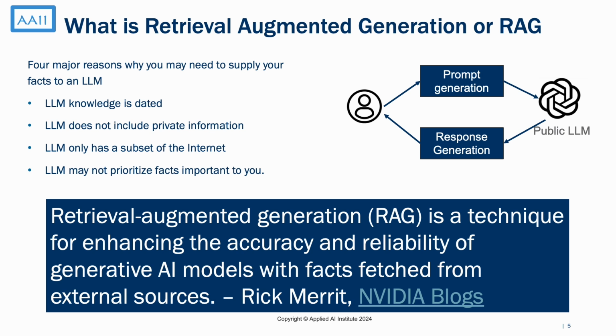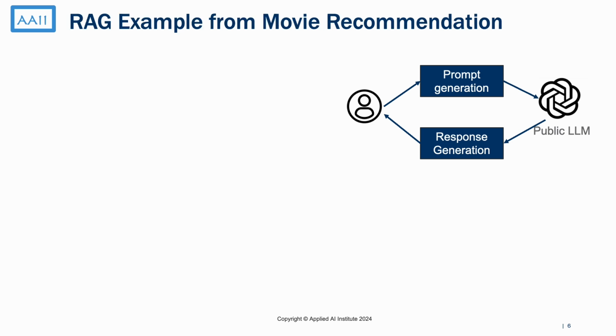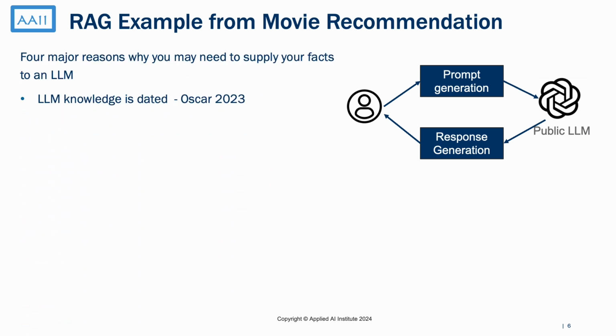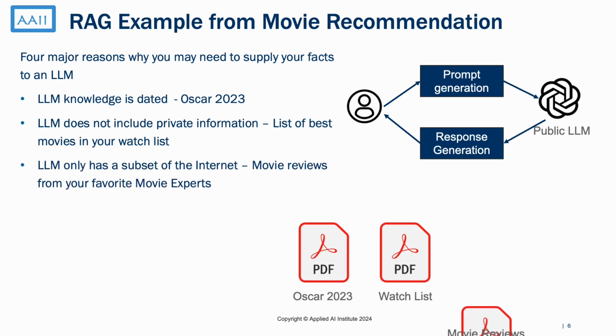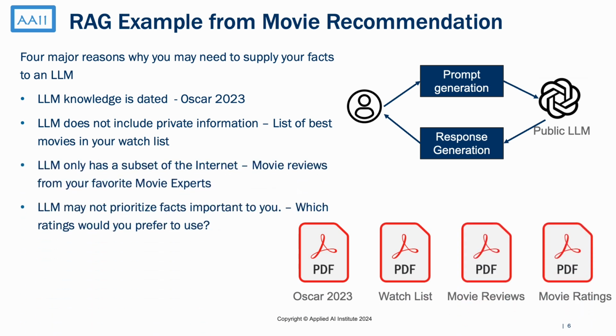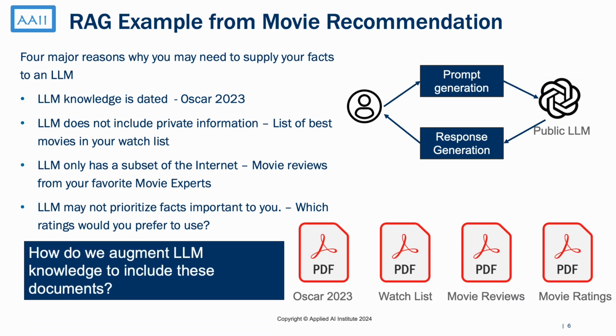To update our large language model with the most current information, consider the example of movies. Suppose the LLM's knowledge is based on data that predates the 2023 Oscars. To make it relevant to current movie discussion, I would need to augment the model with the latest data, such as the 2023 Oscar winners, my personal watch list, or the latest movie reviews or movie ratings. This process involves integrating new and specific information into the existing model to ensure it remains up to date and reflective of the latest trends and insight in the cinema.